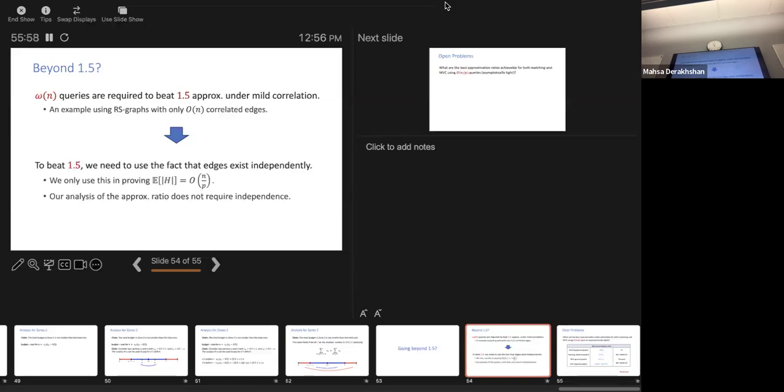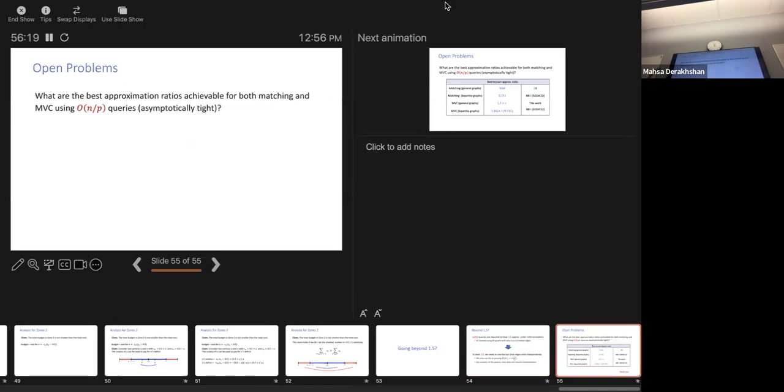Our analysis only uses that to show that the expected size of the graph that we query is small. For our approximation ratio, we didn't use that at all. So I assume that if you want to go beyond 1.5, we need fresh ideas, at least the way these algorithms work. And another open problem generally is that